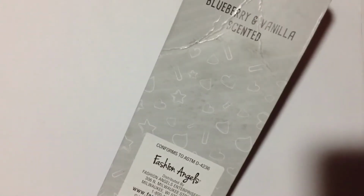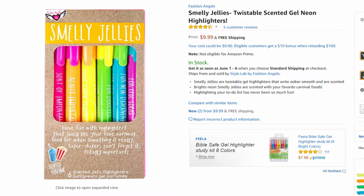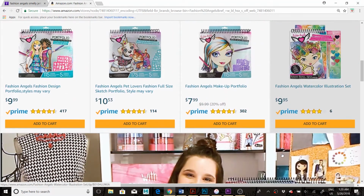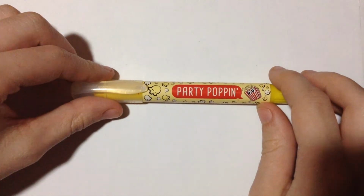I went to Target a few days ago, and I found this really cool stationery supply, which is these scented gel highlighters that they had up in the dollar section up front, and it was $1 for a set of 2, and like the responsible adult I am, I bought all of the available colors. So, they come in 6 colors/scents, and they're by Fashion Angels,